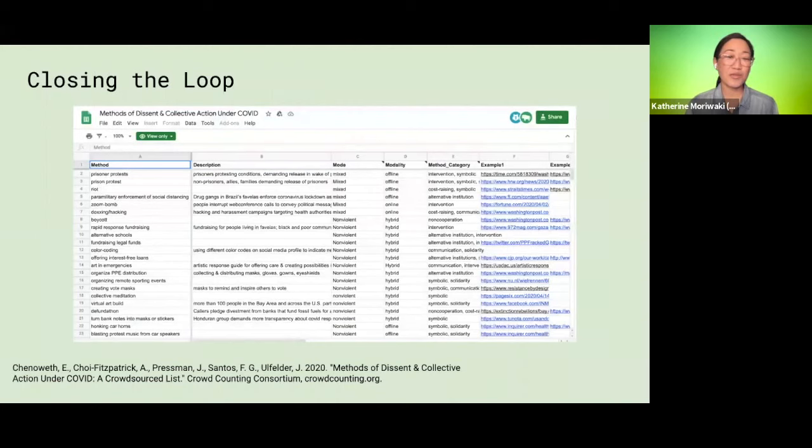And right here, we thought we would be remiss if we did not mention activism in the age of COVID, and how researchers are looking to close the loop, right? This is an example of a research project that looks at methods of dissent and collective action under COVID. It's a crowdsourced list of the different ways in which people are engaging in activism and advocacy during the pandemic.